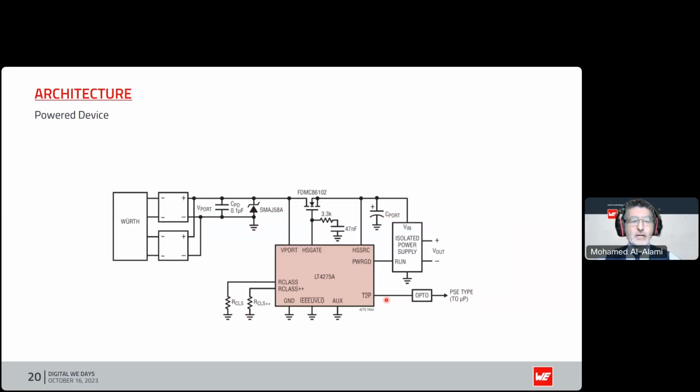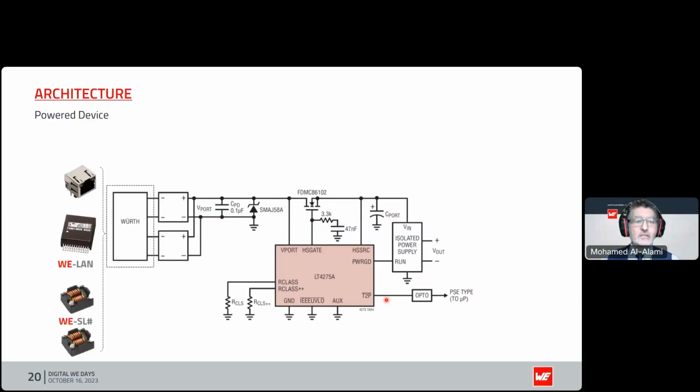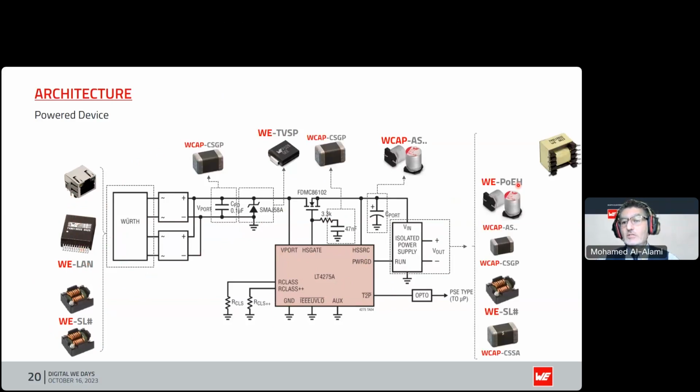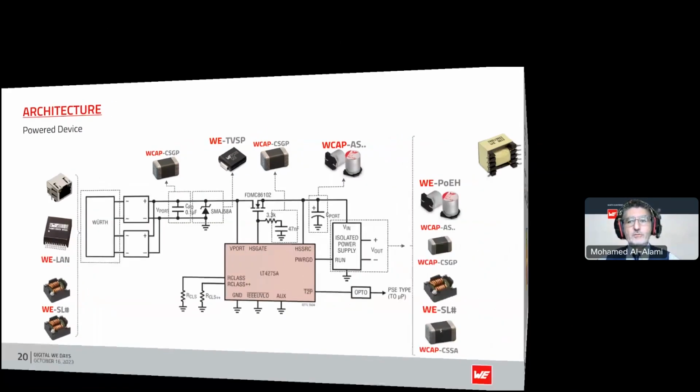Okay, so from an architecture, from a power device point of view, or even from a PSE point of view, there is a lot that we can support with. From a components point of view from Würth, this is just showing you a controller from ADI with quite a wide range of components that we can support on the input side of things, on the pre-control side of things. So from a LAN transformer and RJ45, common mode chokes, as well as the power side of things and the power conditioning with transformers and capacitors. So this is just to give you an overview of the level of support provided by us.